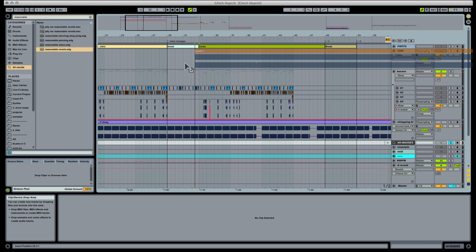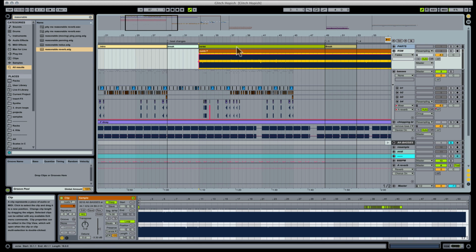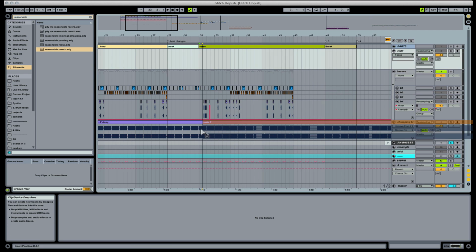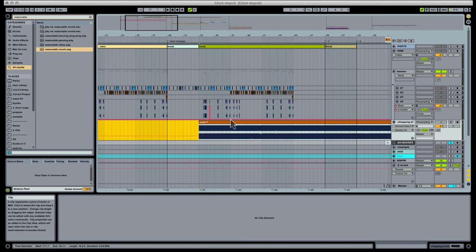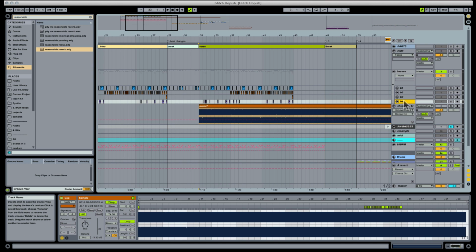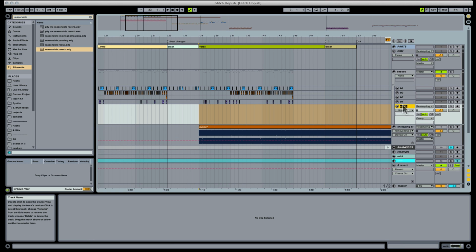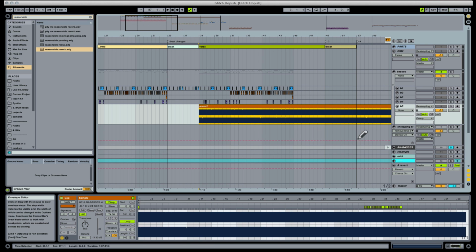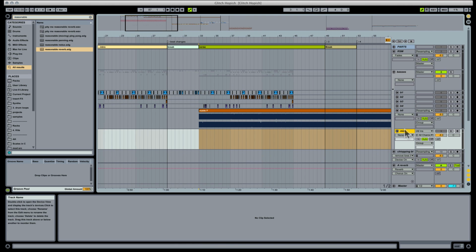One thing that might be interesting, we'll try another way of chopping this up. Oops, that doesn't go there. This goes on my chopping block. And the chopping block is good because it can keep you sort of in time too. So I know that this is what I have to do next. What I might do here is take this whole thing and make a bass 5 track, and then create a new MIDI track